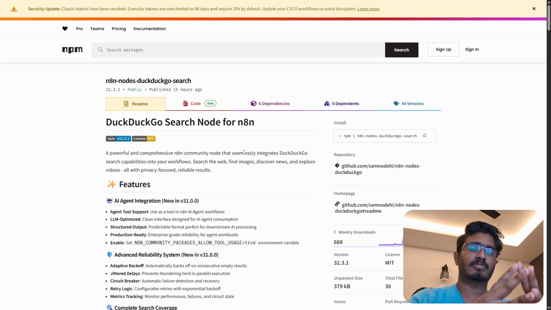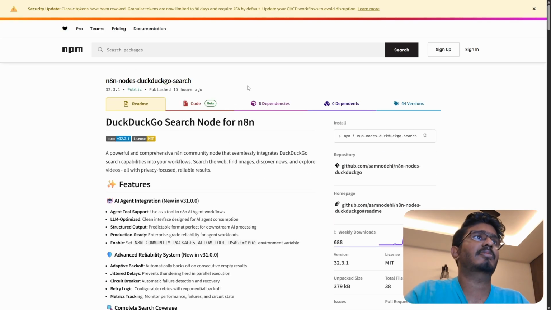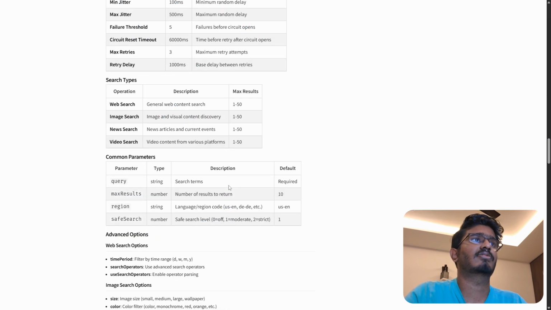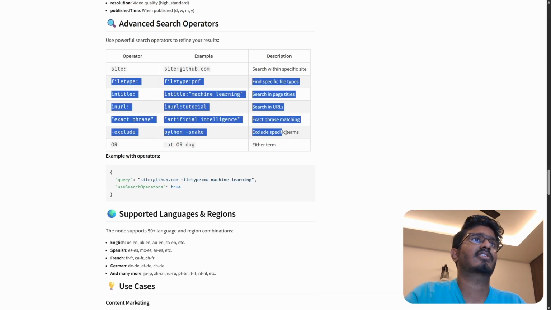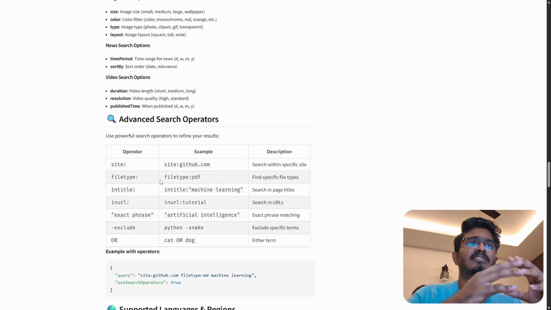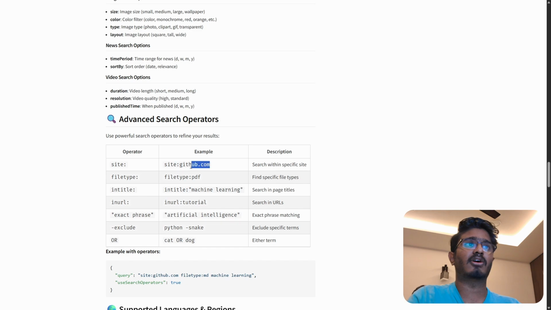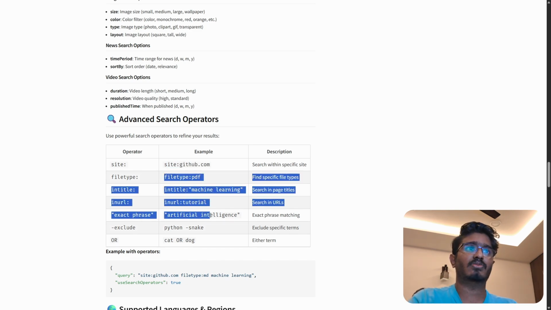I'm actually going to show you something that is very important when it comes to search. In the DuckDuckGo community page itself, you just go down and find this one right here. They actually give you these advanced search operators. So what this basically means is when you put this in your search query and then the actual query itself, it's actually going to ground the query towards the specific site. We saw my model actually did this for the AI 2027 site,